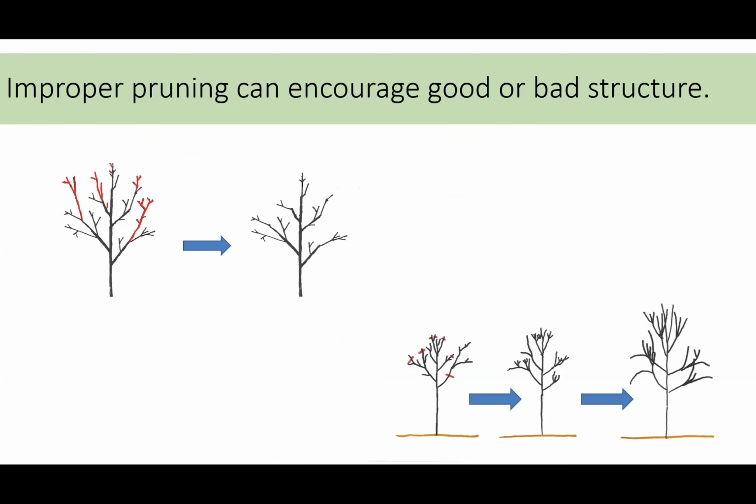And then finally, improper pruning, which is done quite often, can actually make a tree's structure worse. So on the left here, we have pruning that's done well. We've selected a central leader. We've suppressed or removed competing leaders. We've suppressed large lateral branches. I'll talk more about all that later. That's good pruning. That ultimately is going to have a net positive effect on the tree, if you're doing pruning correctly like that.